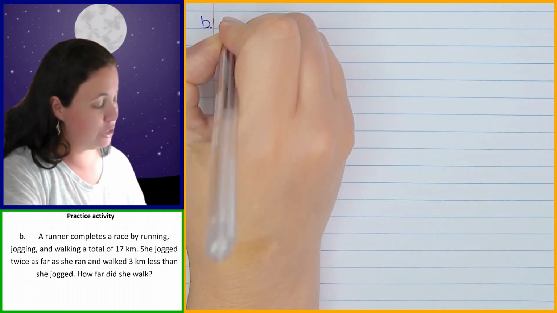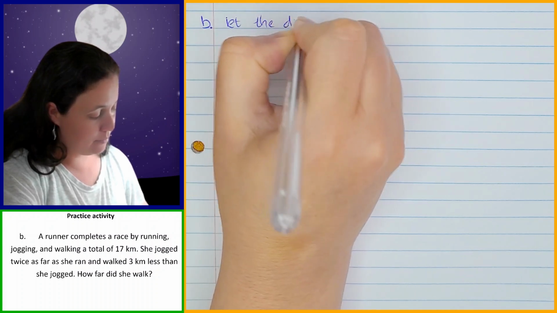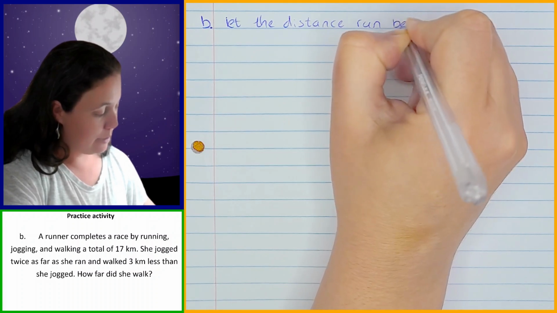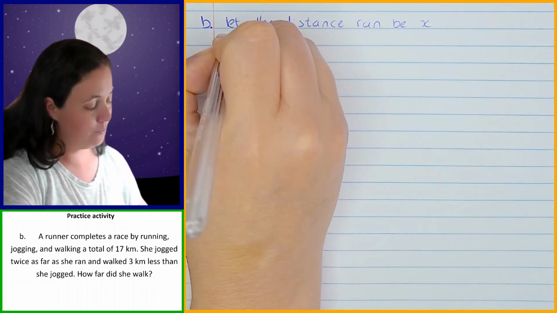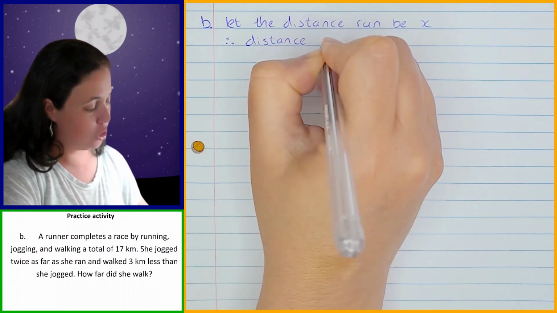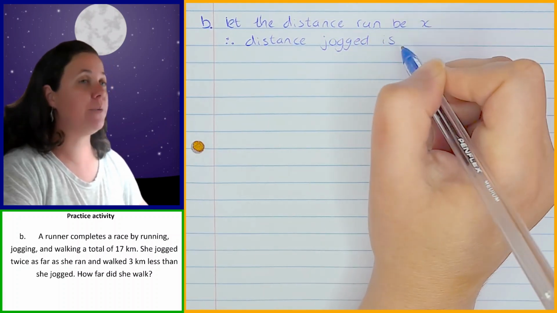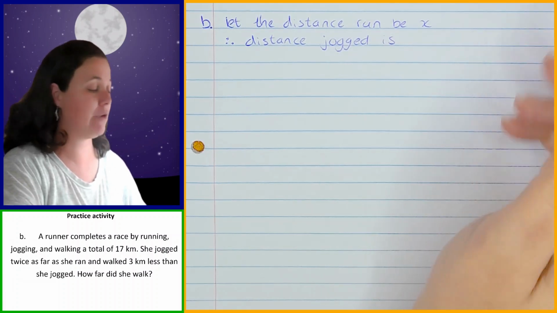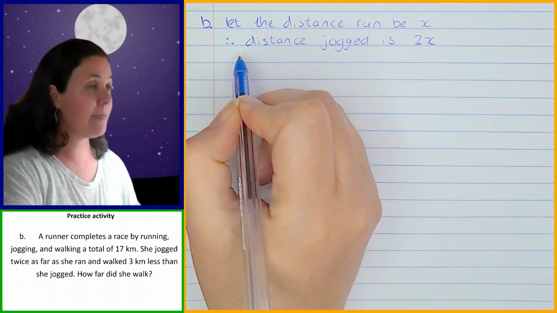So the distance that she ran is going to be x. So I'm making the distance run x. Therefore, the distance jogged is going to be twice that, because they told us she jogged twice as far as she ran. So I'm going to double the x, so that's going to be 2x,